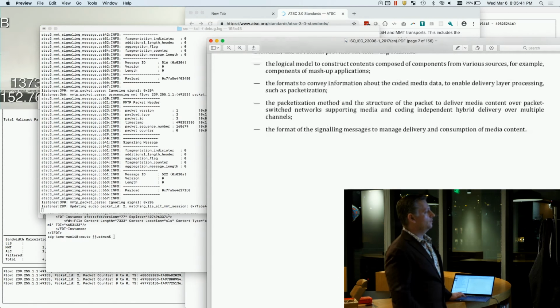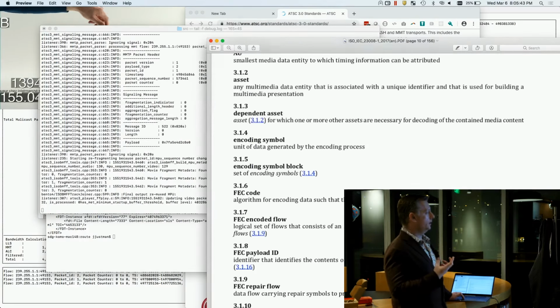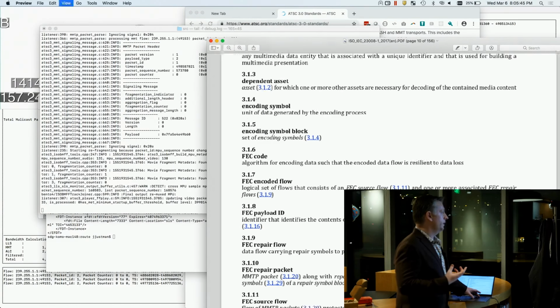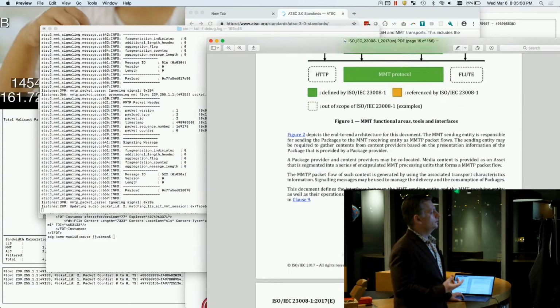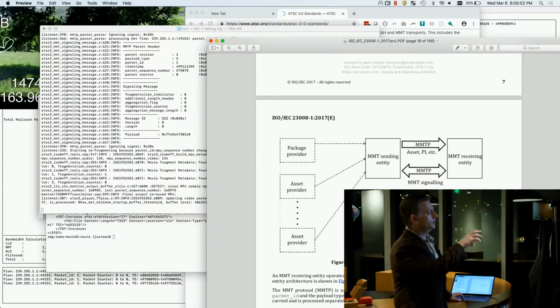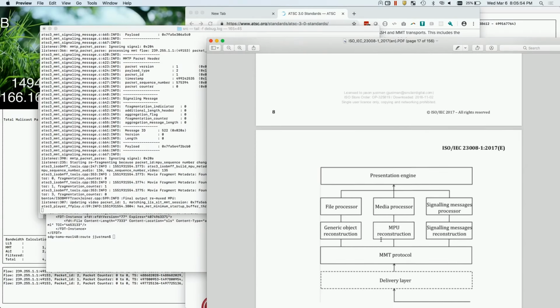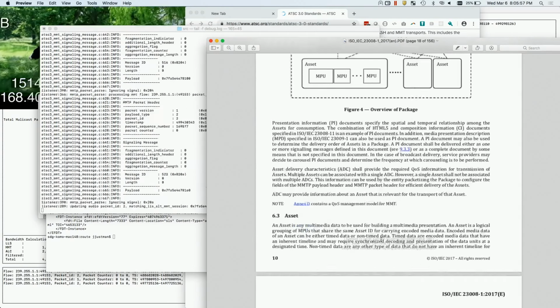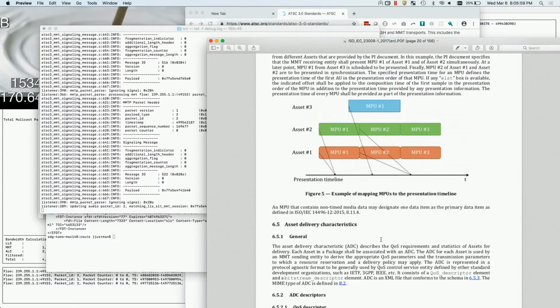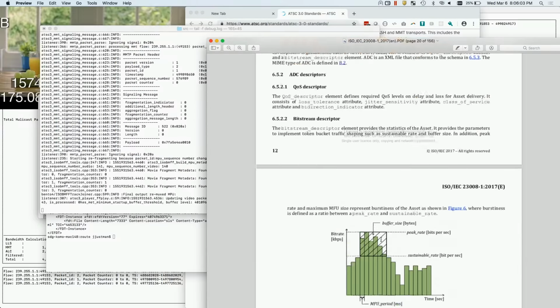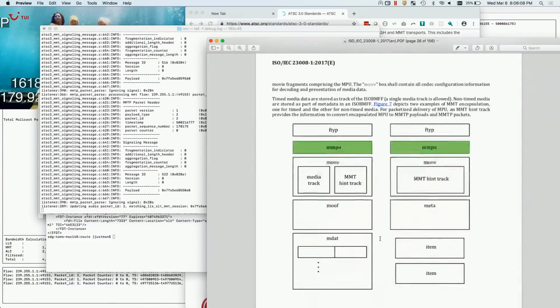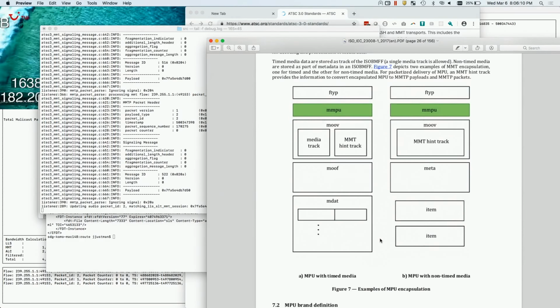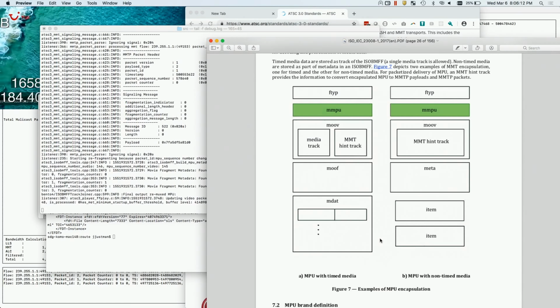Essentially, the way that MMT works, because it's media aware in the ISO-BMF model, again, you'll see the same kind of structure and architecture from this. You've got assets, you've got all these other pieces, but you've got presentations. But ultimately, what it comes down to is you've got assets that are comprised of a MPU, a media presentation unit. And then when you reconstitute those all together, you essentially reconstitute this ISO-BMF box.